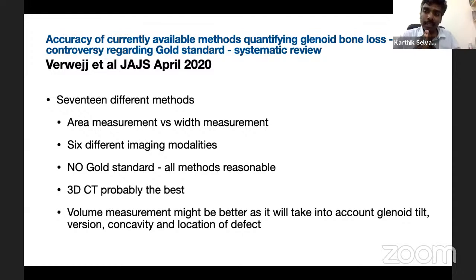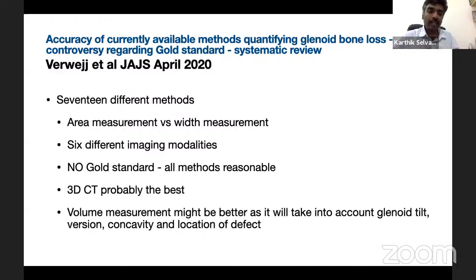the idea and the fact that you're looking at it. Looking at bone loss itself is a very good thing. Once you start looking at it, you will pick up significant bone loss, you will not miss it. The insignificant, as he says, between 1 and 2%, your decision is not going to majorly change. So 3D CT at the moment is probably the best.